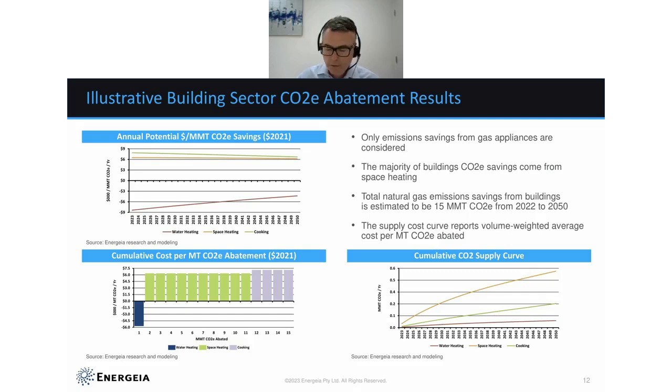Now, one of the best reasons, in my view, for using a stock and turnover model is that it really keeps you honest about what is ultimately the maximum amount of abatement you can get from these sectors. So it's not some kind of top down, well, we think it's whatever it is. And by doing that, you get a little bit more realism: there's initially more emissions to be abated, but as those appliances and end uses get converted, there's less and less replacing over time.